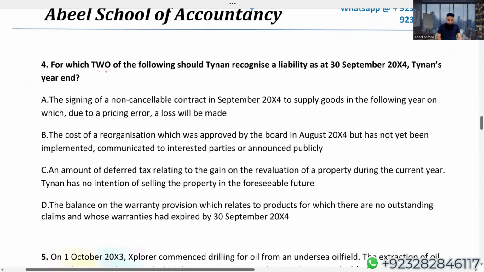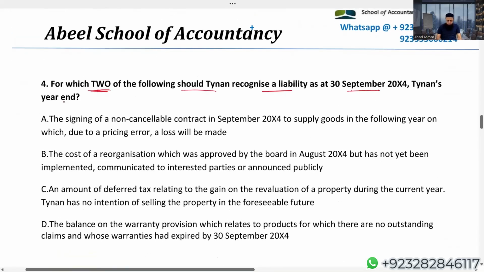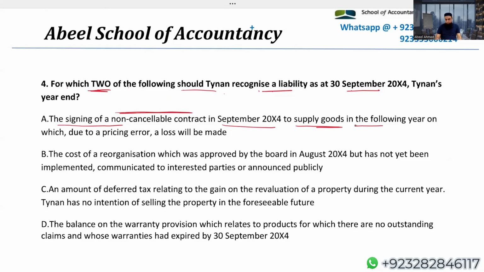Let's see which two of the following should Tynan recognize as a liability as at 30th September X4, Tynan's year end. Which two of the following should Tynan recognize as a liability? The signing of a non-cancelable contract in September X4 to supply goods in the following year, on which, due to a pricing error, a loss will be made. If you recall IAS 37,